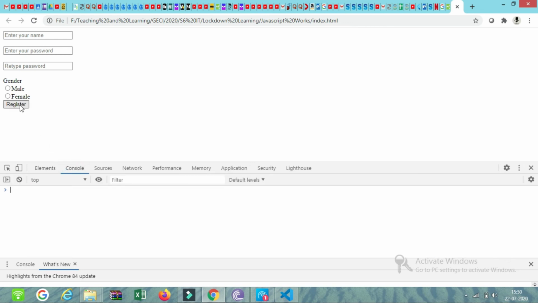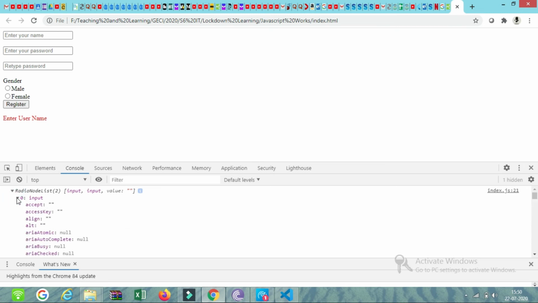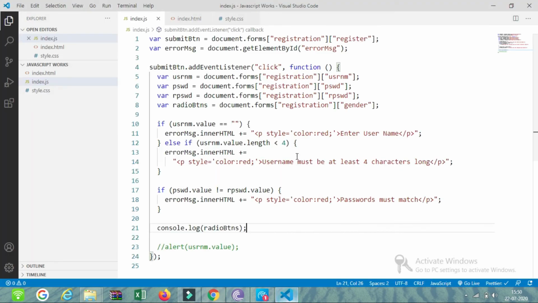Just click on this. Okay. You can see a RadioNodeList there, a node list containing two elements, 0 and 1. 0 represents the corresponding male button and 1 represents the female one. Okay, we need to make one more change.